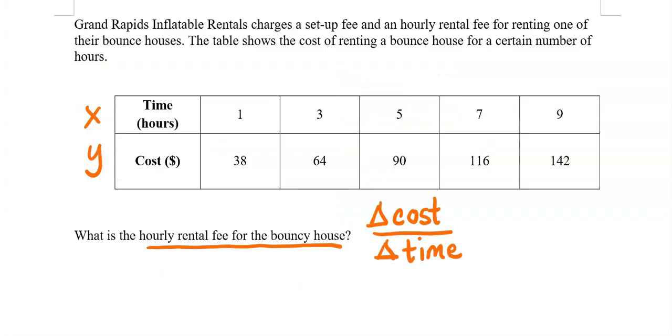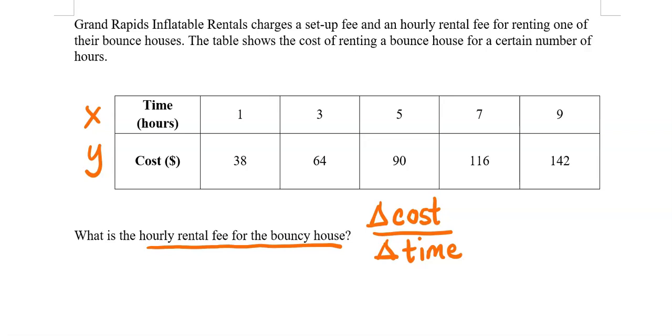In this example, we are given a context-based problem with a table of information. Grand Rapids Inflatable Rentals charges a setup fee and an hourly rental fee for renting one of their bounce houses. The table shows the cost of renting a bounce house for a certain number of hours. We are trying to determine the hourly rental fee for the bouncy house, and essentially this is determining the slope